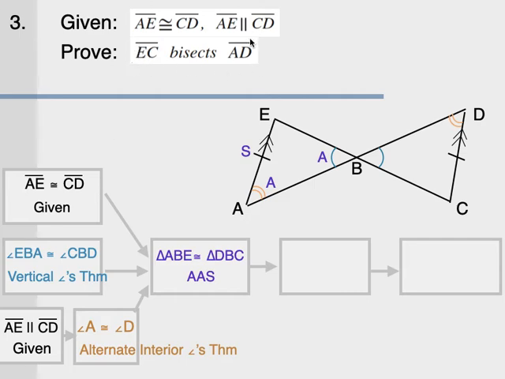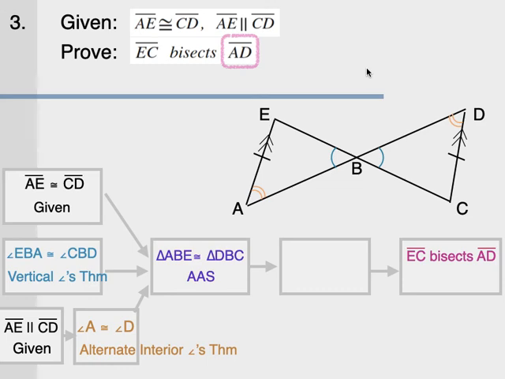We know what we're trying to prove, so we know our last step is going to be EC bisects AD. But how to get there? Because for once, our proof is not an equation. It's not like a congruency equation about equal sides or equal angles like the other two proofs. It's an actual little sentence. So how to get there? Well, a good rule of thumb is anytime you see a vocabulary word like bisect or midpoint, circle what's being bisected or being cut by a midpoint,